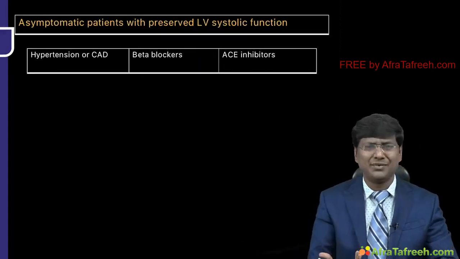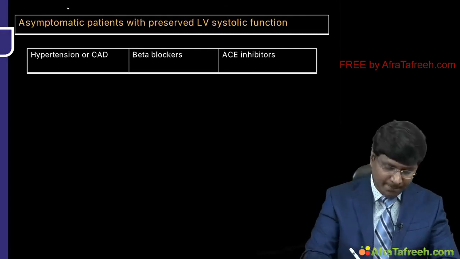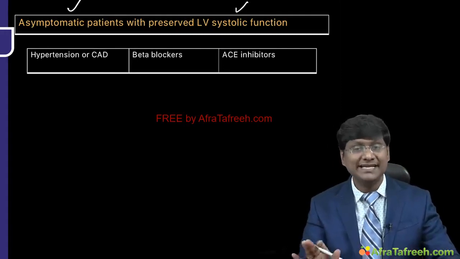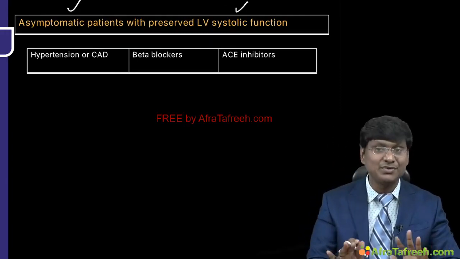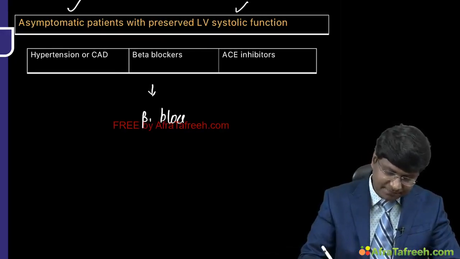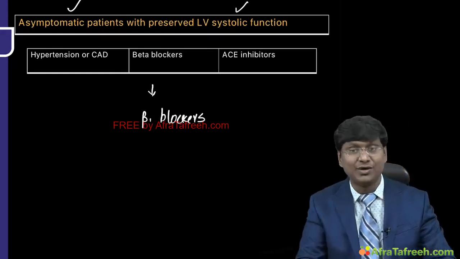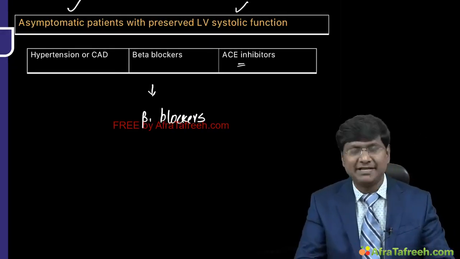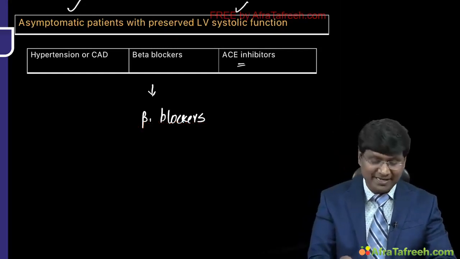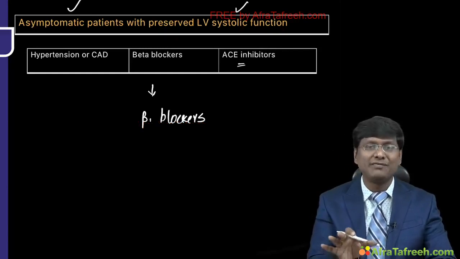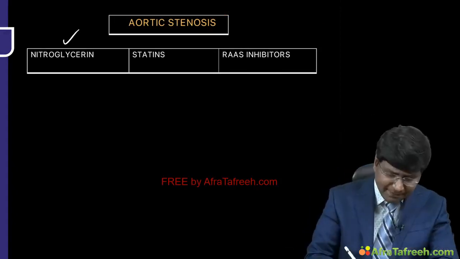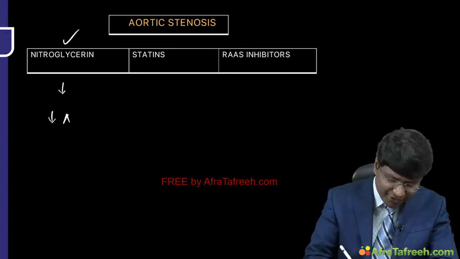And what are the drugs that you need to give in asymptomatic individuals? So asymptomatic patients with preserved left ventricular systolic function. In those individuals, the drugs that you need to supplement are the selective beta 1 blockers, that is metoprolol and atenolol. Then ACE inhibitors like prils, that is enalapril, ramipril, okay, these have to be supplemented. And the other group of drugs which are very important is the nitrates. What is the purpose of giving nitrates? The purpose is mainly to reduce the angina,